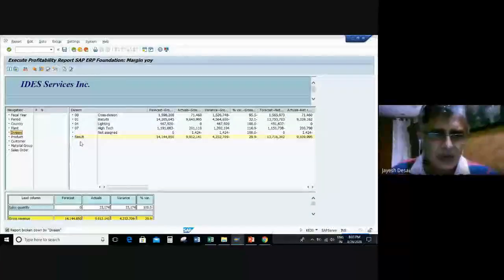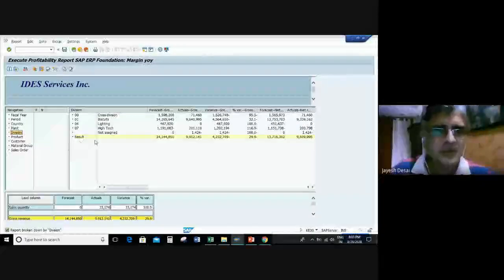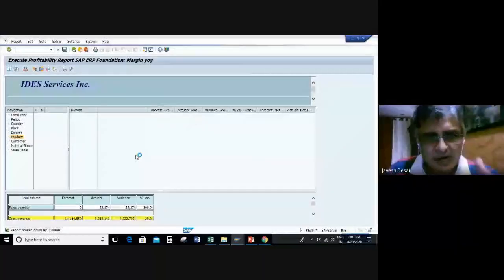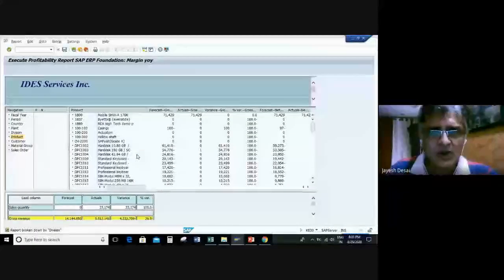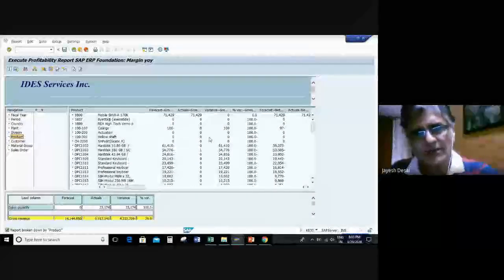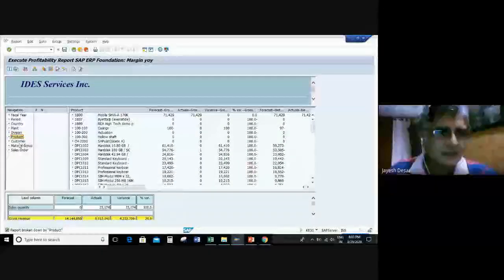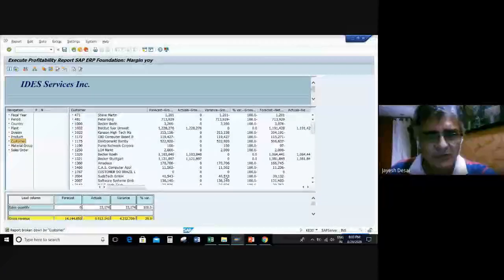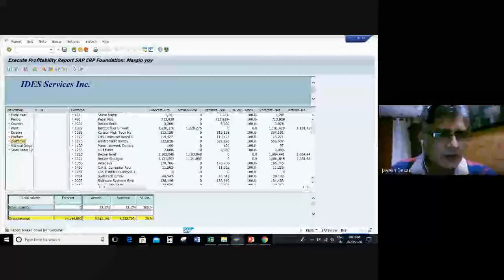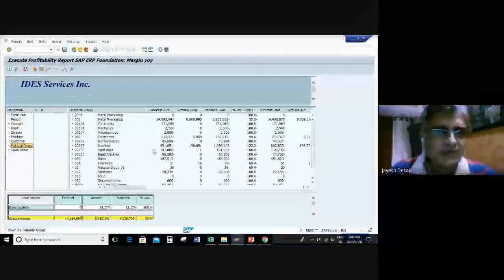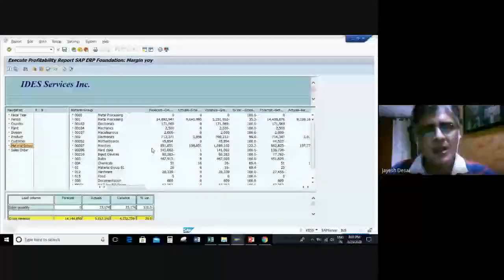Okay, you can build a report of your choice. I'm just showing you, in real time, it can show you all this kind of thing. It can show you the profitability, it can show you what you plan and what is the actual. It can show you by customer, how much is your variance. It can show by metal group. And there are different formats in which these reports can be prepared.